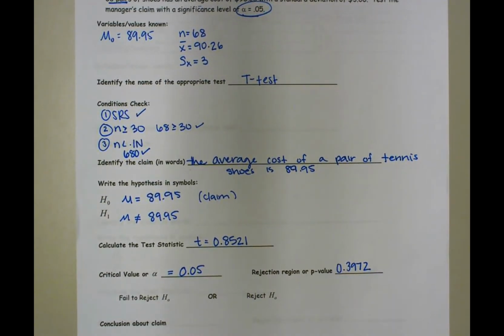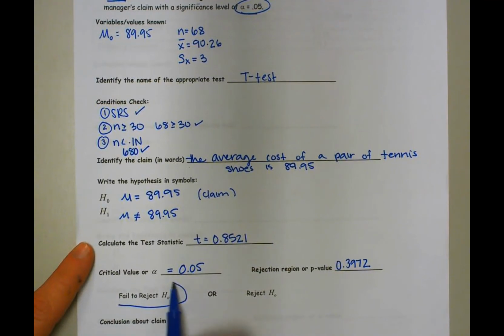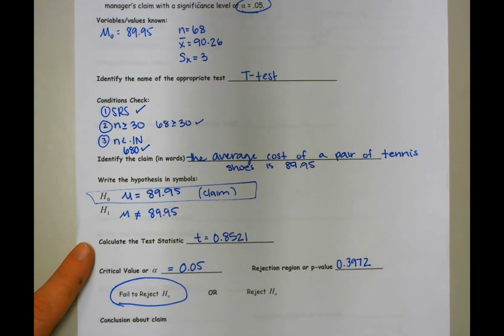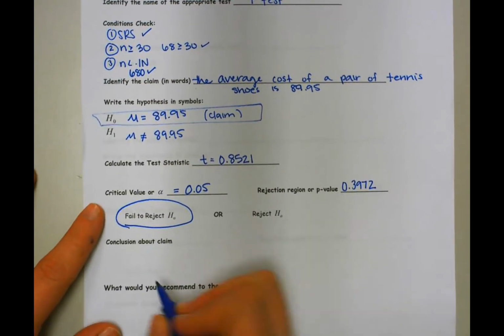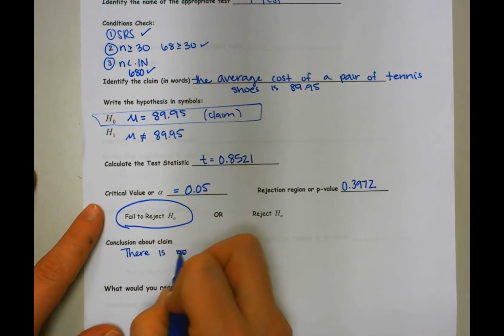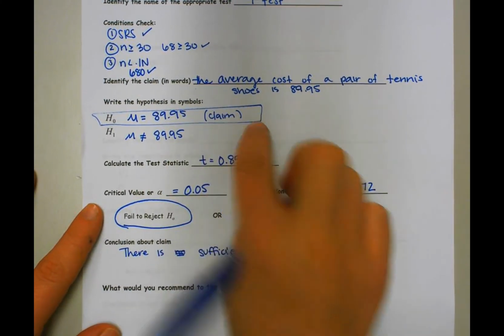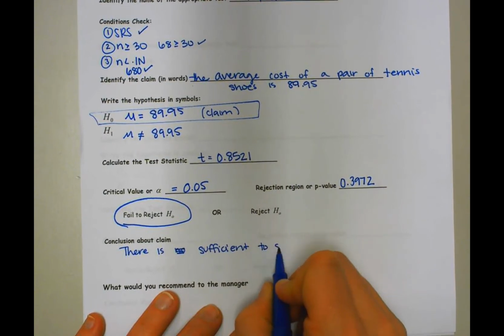If it's greater than this significance level, as it is here, we're going to fail to reject the null hypothesis. So that means we're going to keep this and support our claim. So we can say there is sufficient evidence to support our claim. We went with the null, so we're supporting our claim. So there's sufficient evidence to support the claim